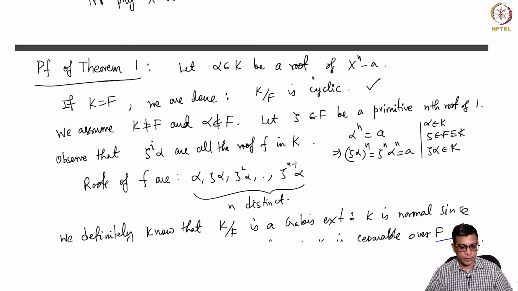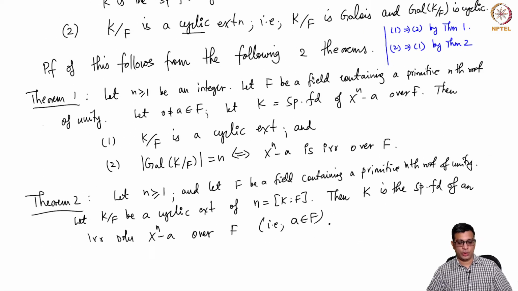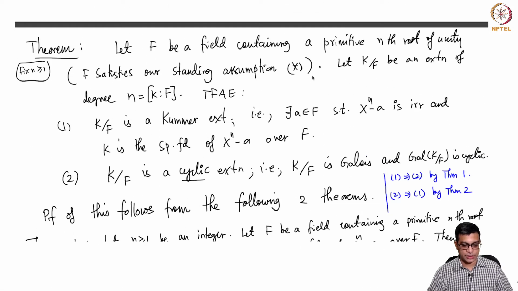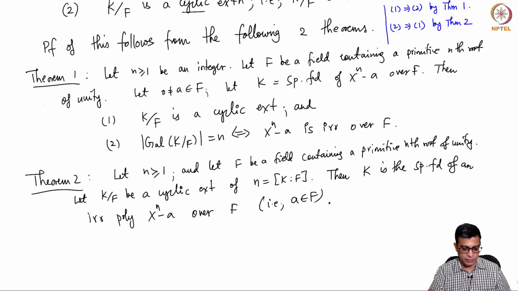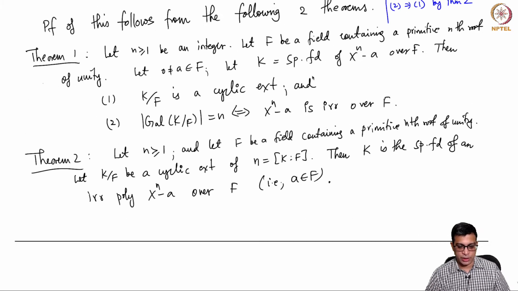Welcome back. We are halfway through the proof of theorem 1 that I stated last time after defining the Kummer extensions, and our goal finally is to prove this main theorem about Kummer extensions, which says essentially that if you start with the right kind of field, which means a field containing a primitive nth root of unity, then a Kummer extension is really nothing but a cyclic extension, and the equivalence is given via two theorems, and the first theorem is to show that a Kummer extension is cyclic.